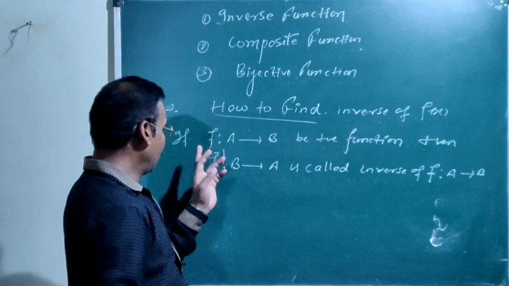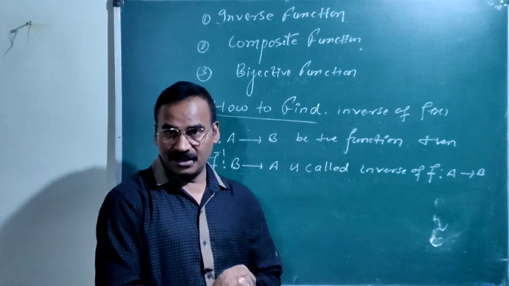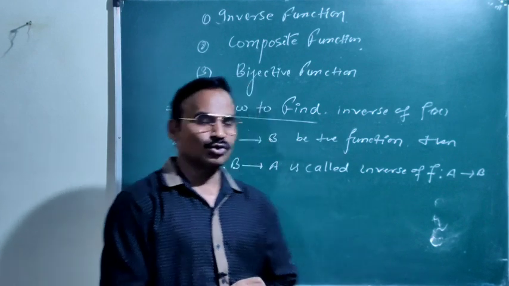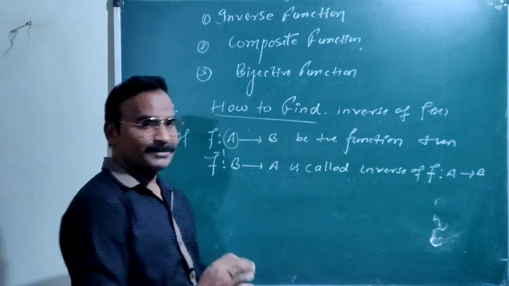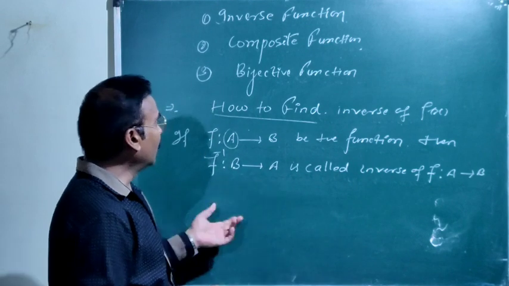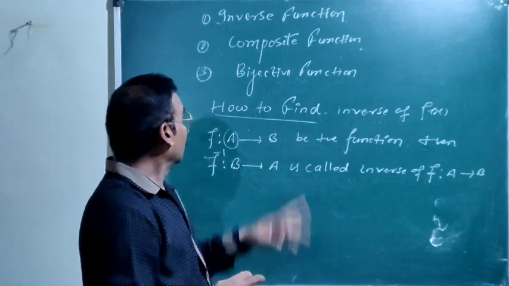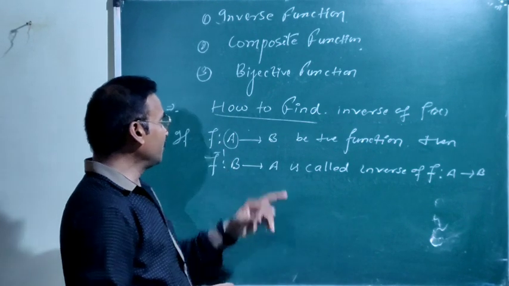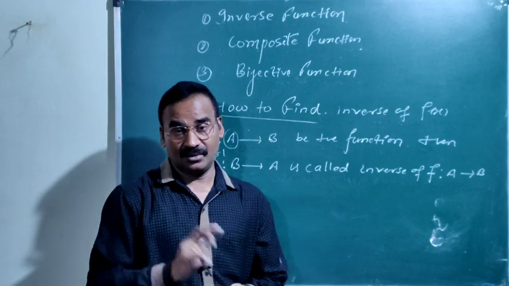So tell me, what does f from A to B mean? What are A and B, which type of element is called A, which type is called B, and what does A to B and B to A mean? I think I have explained in f from A to B, this is a mapping and function. Earlier I discussed that any function has an inverse function only if it is one-one onto. That must be one-one onto. f from A to B means A is the set of domain, B is the set of codomain or range.